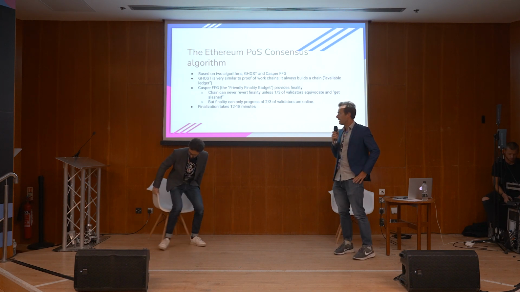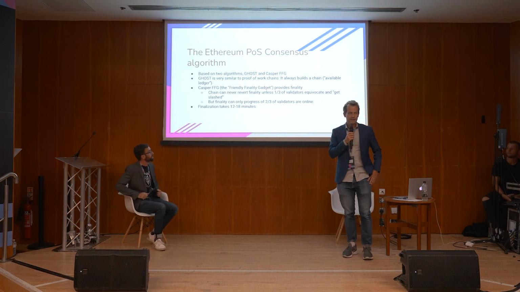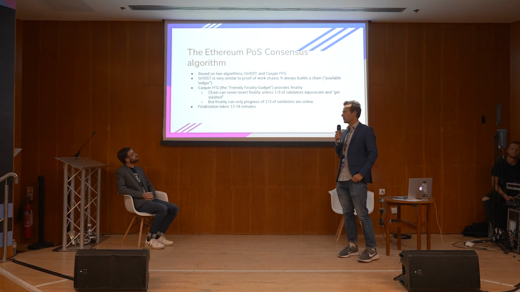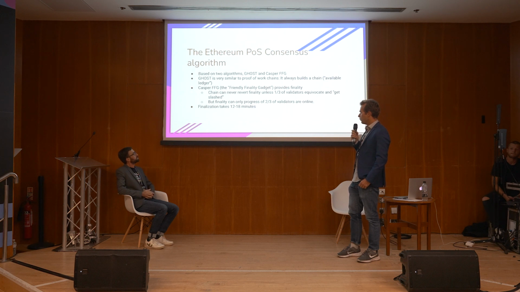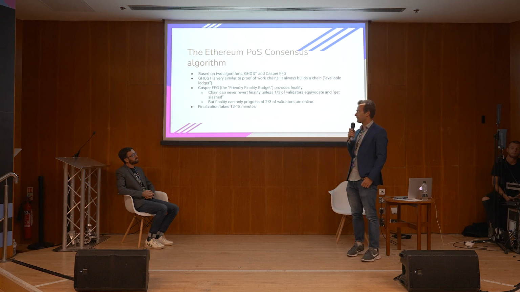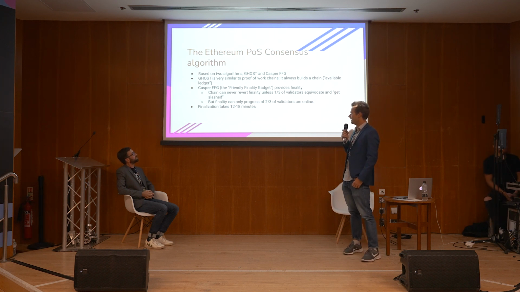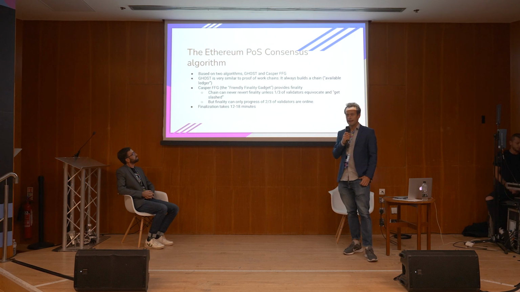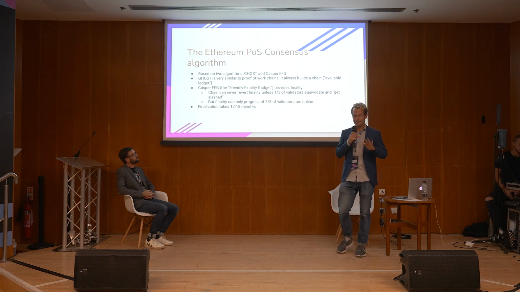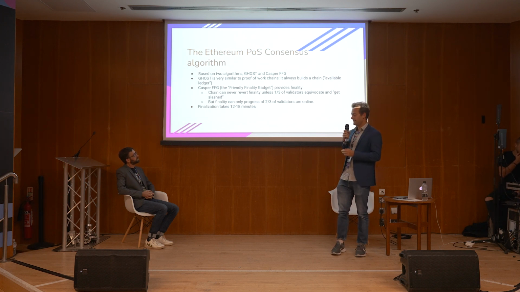So the Ethereum POS algorithm, the consensus algorithm, is special in several ways and is different from what you see on most other blockchains. One of the fundamental distinctions is that we don't actually have just a single algorithm. They're actually two different ones. One of them is called Ghost, and the other one Casper FFG. The reason we're doing this: Ghost is very similar in a way to how proof of work chains work. It just builds a chain, and the valid chain is basically the longest chain that is being built.